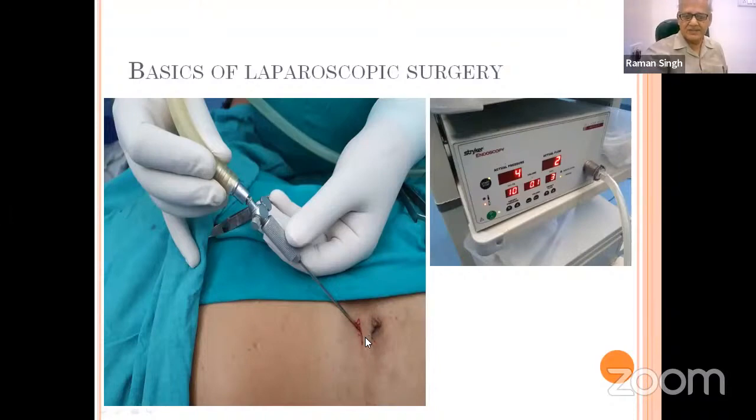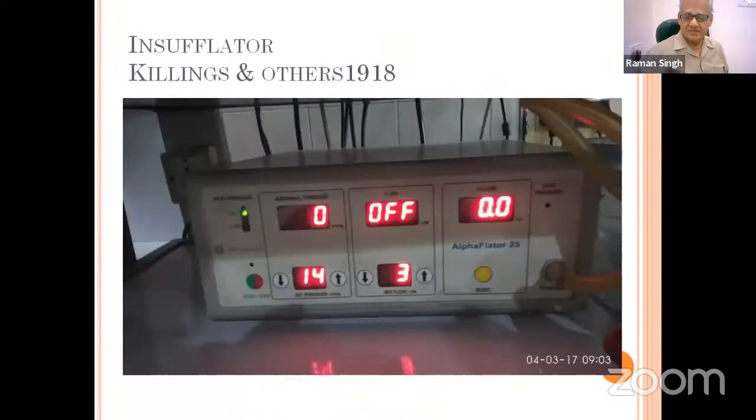Getting proper distension of the abdominal wall is important, because when the abdominal wall is distended, the intestine is pushed down, and we get a safe space where you can insert your instrument blindly. So after creating pneumoperitoneum, the other instrument, this is your insufflator. Here the pressure is fixed up to 14, and this is the flow rate, and this is the present pressure